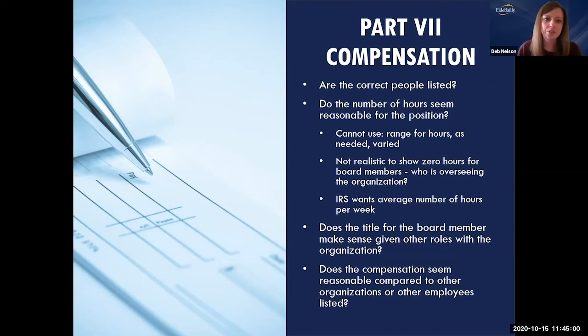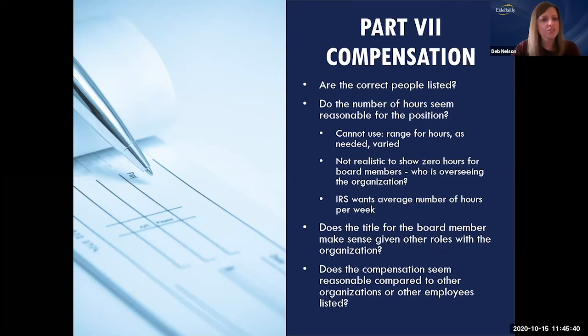So sometimes you'll see a return where you have a board member or an individual listed, their title will say director, and then they'll have a large sum of compensation that's reported in this part. The question I would ask is, are they being compensated that dollar amount just for serving as a director, or do they have some other type of role within the organization? So what we'll typically do is put their title as director, but then do a slash whatever their employment title is at the entity, because that helps a reader connect the dots that, yes, they may serve on your board, but they're actually being compensated for this other role within the organization.